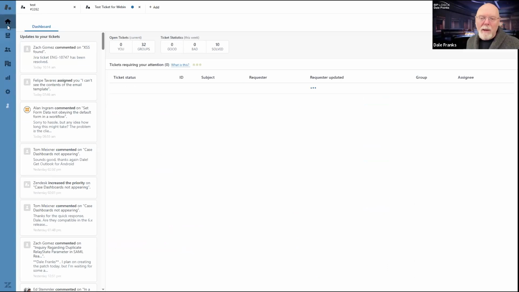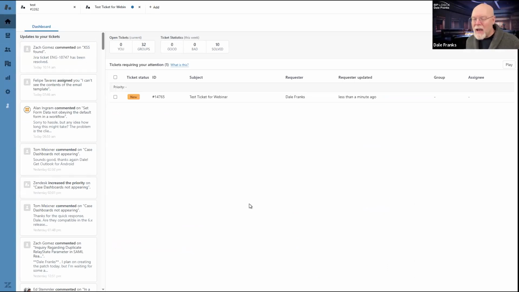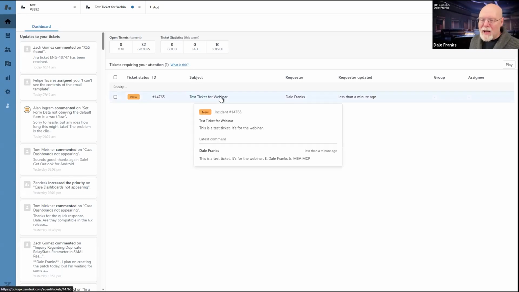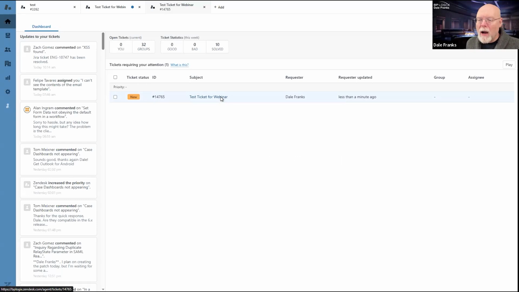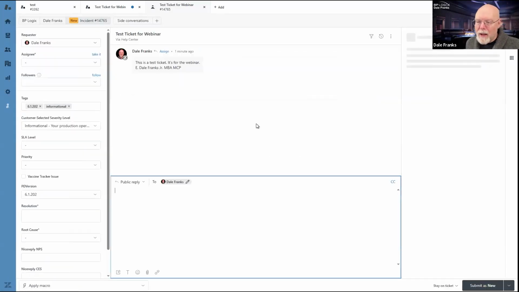Now, from my point of view, I see a new ticket. So if it is in new or open status and the severity level has been set to the appropriate level, tick tock, I'm now on the clock for responding, which means I can't just leave this ticket in my queue because an SLA timer is running.